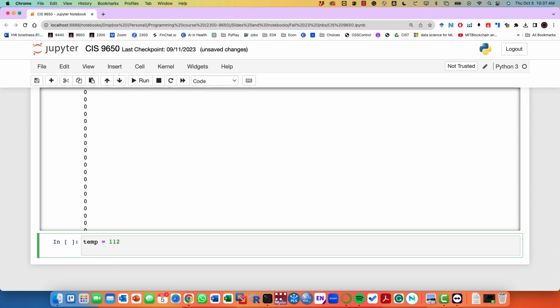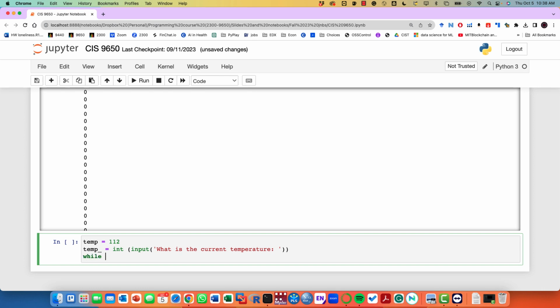And I am saying input. So temperature is equal to integer input: what is the current temperature? And here we write a while loop. We say while temperature, the new temperature, the input, is greater than temp,